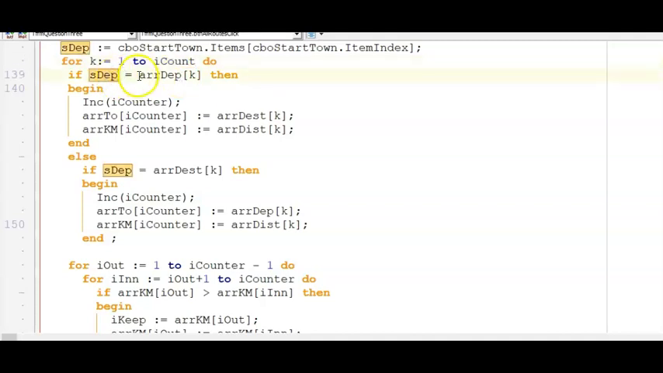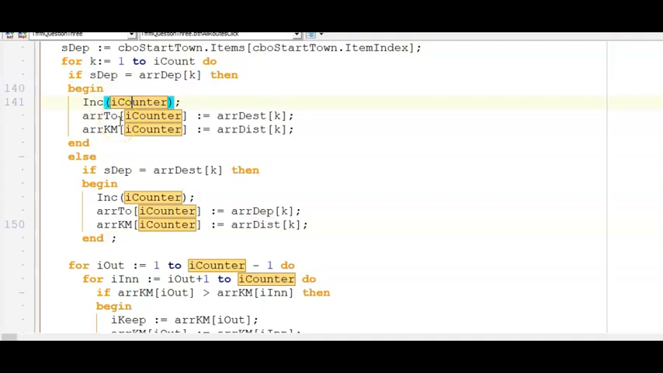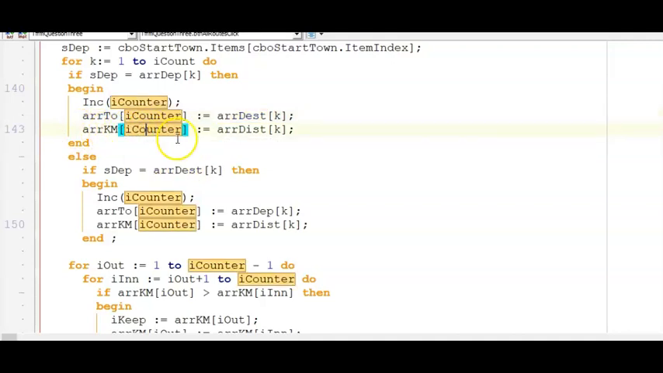So I'm using this to test, is it in the departure town? If it is, I'm increasing the counter inside this if, and I'm adding the destination to this array 2, because I can go from here to there. I'm adding the kilometers to array kilometers, also with the counter here, but array distance k, because these are all parallel